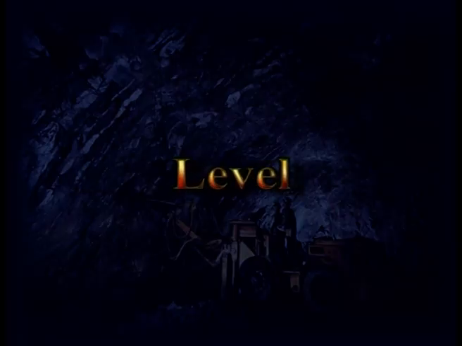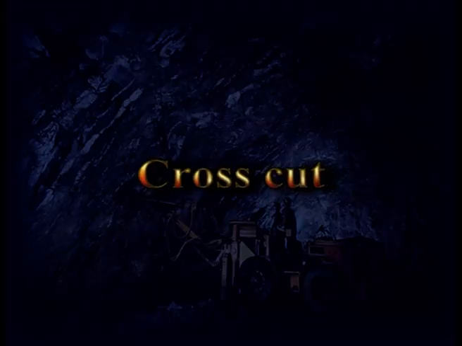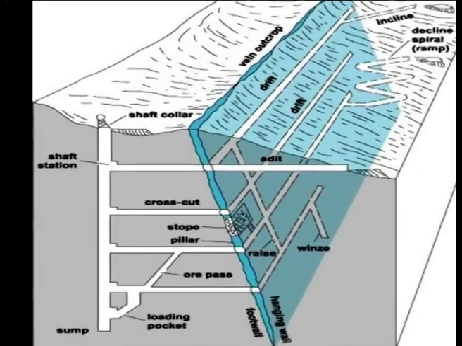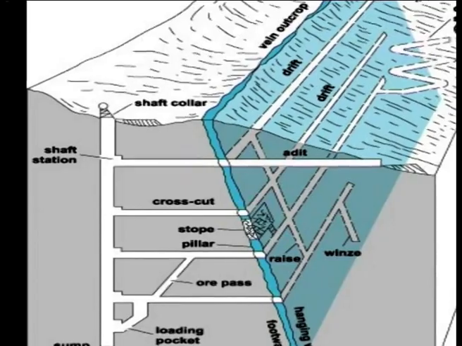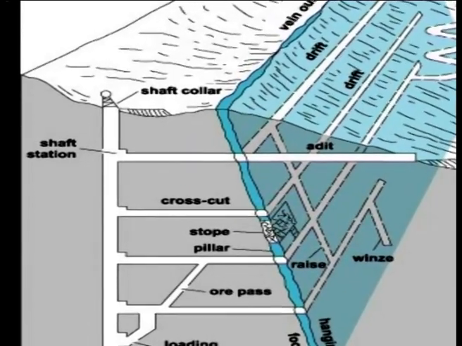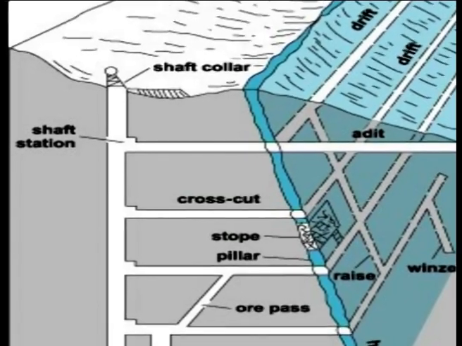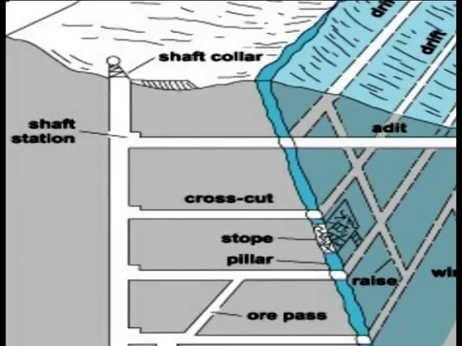Level. It is a tunnel in the ore body or vein which follows the strike. In coal mining, it is termed level gallery. Crosscut. In mining unstratified deposits, the term crosscut is used to describe a tunnel or drive which leads from the shaft or level and passes through the country rock in order to intersect the lode.